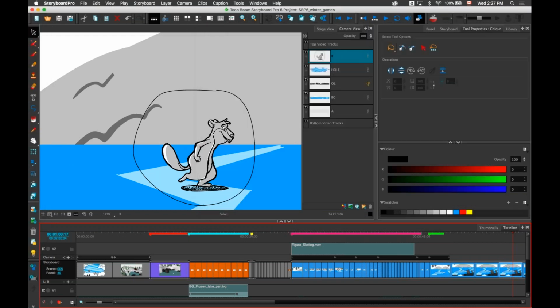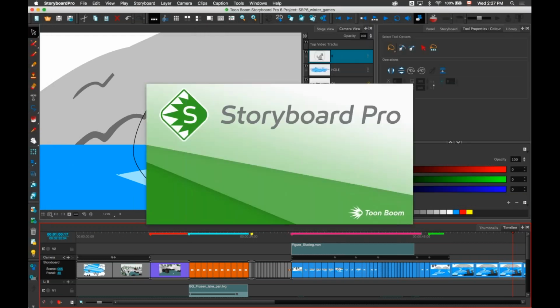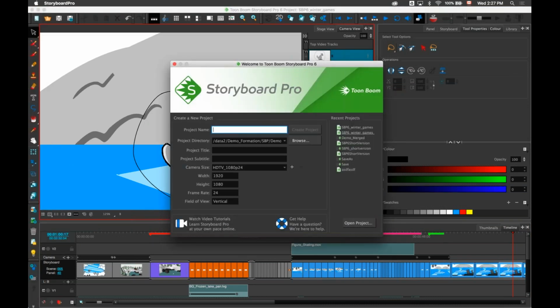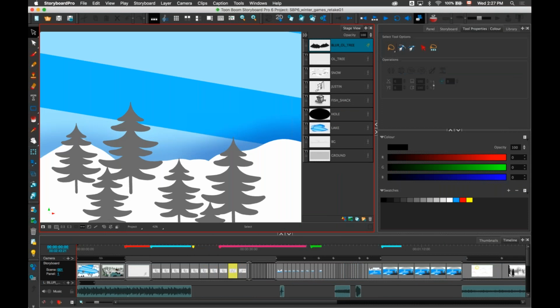If I open a second instance here of Storyboard Pro, and I open a copy of this project, there we go. This is the retakes one. In the past, you could merge entire scenes between projects, but it would take the whole scene that you select, including the timing. So if the editor had changed the timing in his board, he would lose that timing based on the changes the artist did on his copy of the project. One way that people would work is to copy and paste the drawing from one project to another, but that can be kind of time consuming.